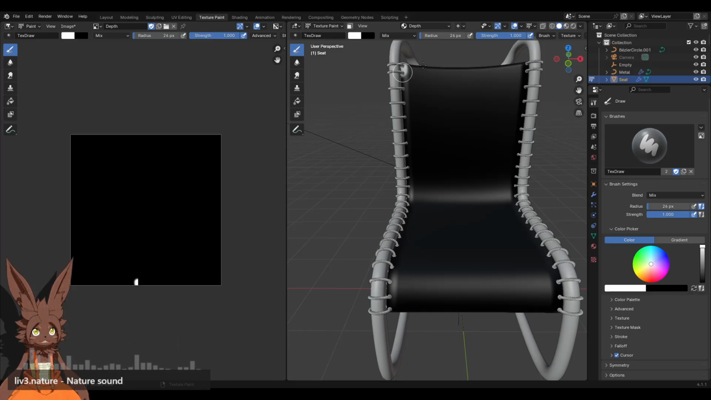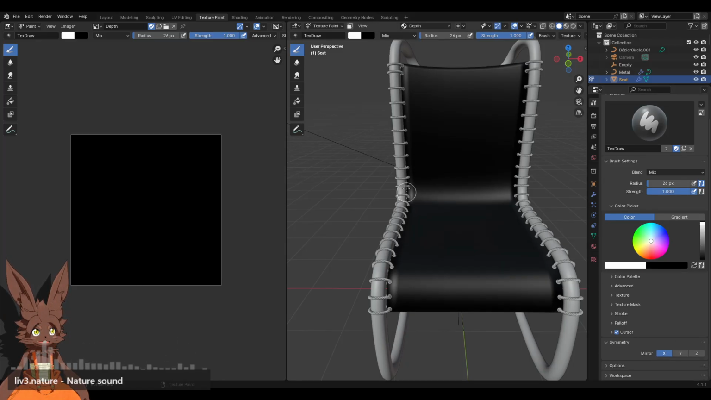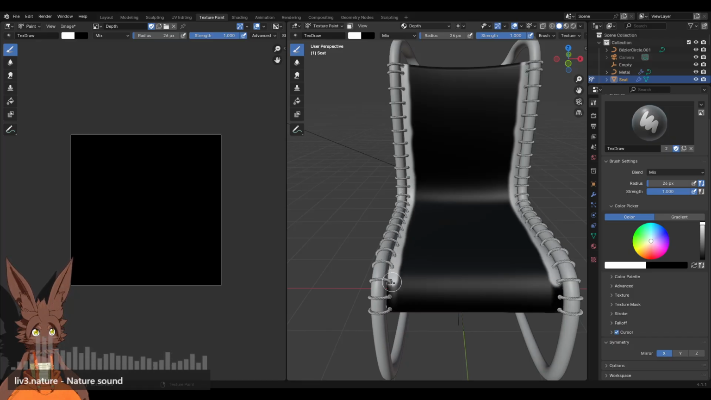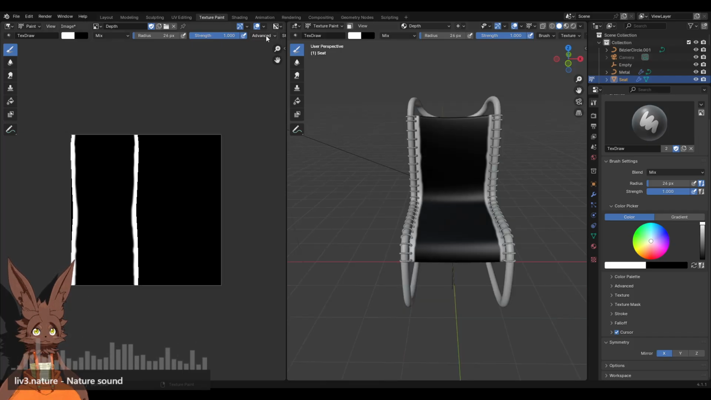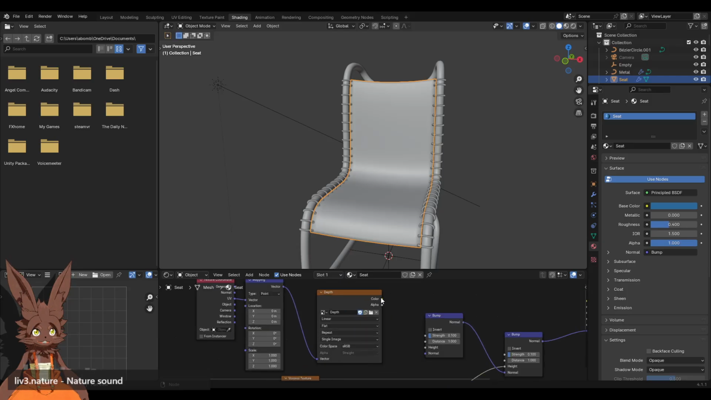Actually, can we get symmetry on the X? Okay, good. Yeah, I'm just gonna slowly draw a line here, just to see if it's even gonna do what I need it to do. Like that. So the corners there are drawn in, so then I'm going to take this and put it into